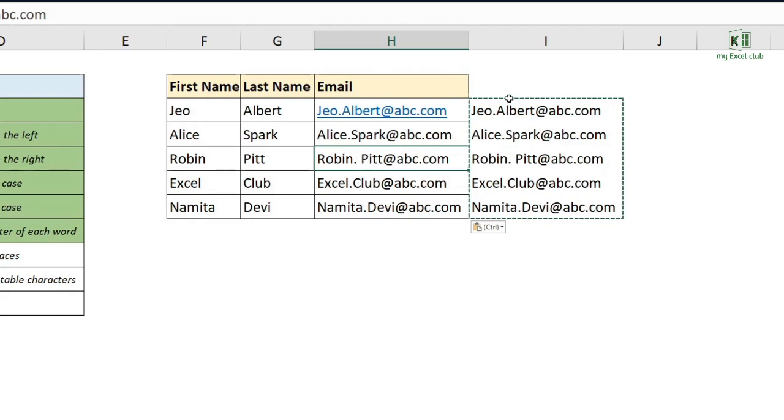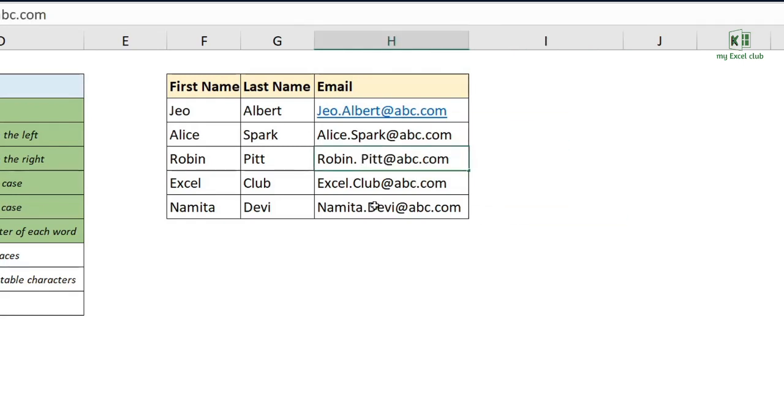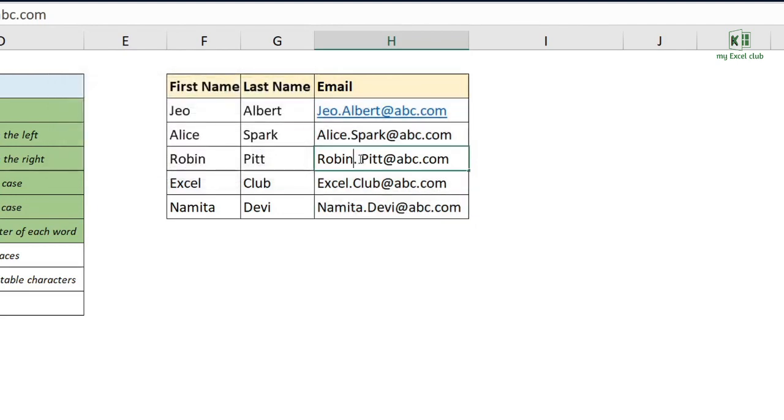Alright, for that you also have to check in your data if there is any space in your email or not, and you can do it using Control F. If I do Control F here, write a space and click find next, I will get to know that I have a space in an email, and it is an invalid email because the email should not contain any space in between, and I can rectify it.